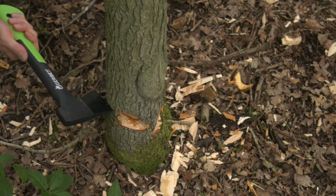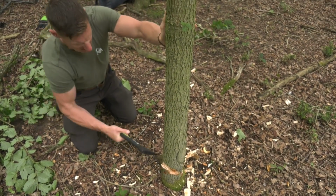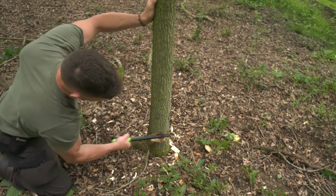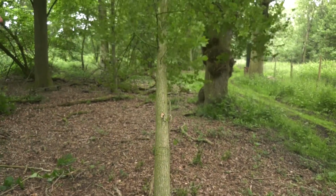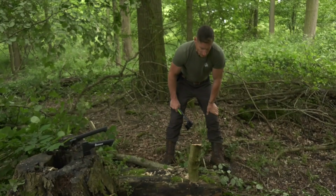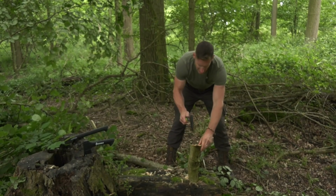Ready? Hopefully we shake timber. Easy. Trim off, job done. And then on these smaller stuff, when you're doing kindling, you don't want